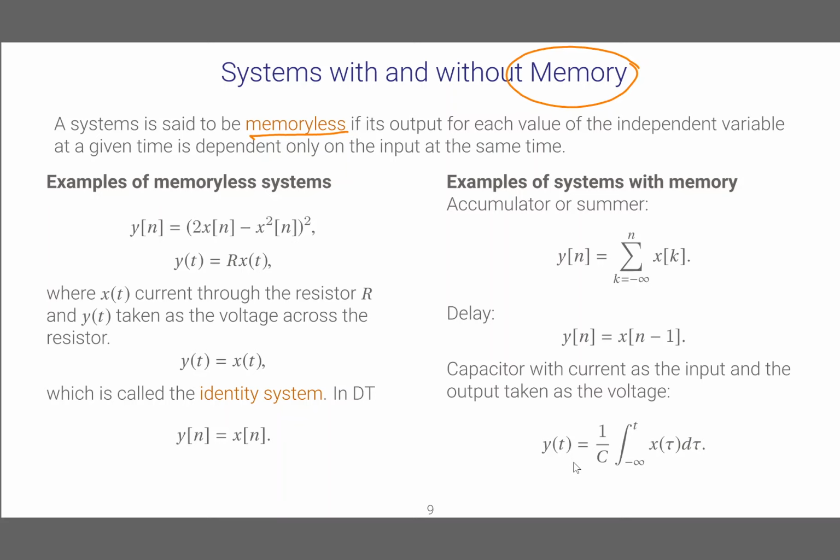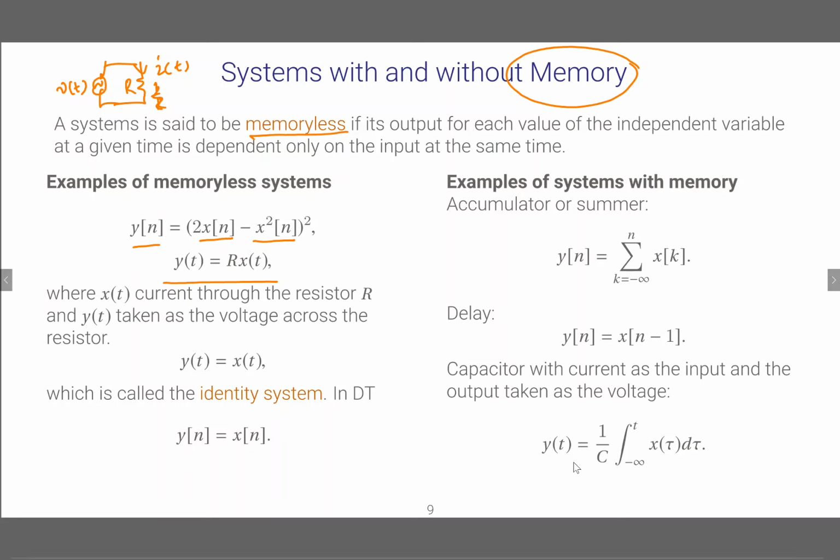So if you take a resistor once again as the example, the output current i(t) just depends on the instantaneous voltage v(t) at that time. So therefore the resistor does not keep a memory. It does not have memory. Something like this. And then here you can see y[n] depends on 2x[n] minus x squared [n], but y[n] fully depends only on the value x[n], not any values before or after the instant n.